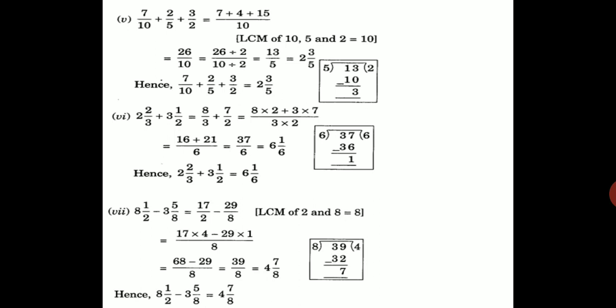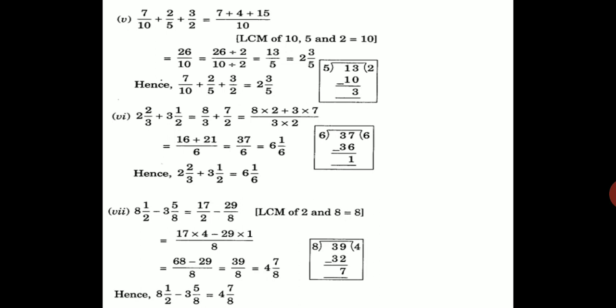How is this calculated? You can see in the bracket it is given here, the LCM of 10, 5 and 2 is 10. You know how to find the LCM and you will get the answer 10 only. Now you can see in the first fraction 10 is there, so I don't want to multiply. I will not multiply any number with 7 by 10. I will keep 7 by 10 as it is. But here in 2 by 5, I need 10 in the denominator. So I have to multiply both up and down with 2. So it becomes 2 into 2, here 5 into 2. So it becomes 4 by 10.